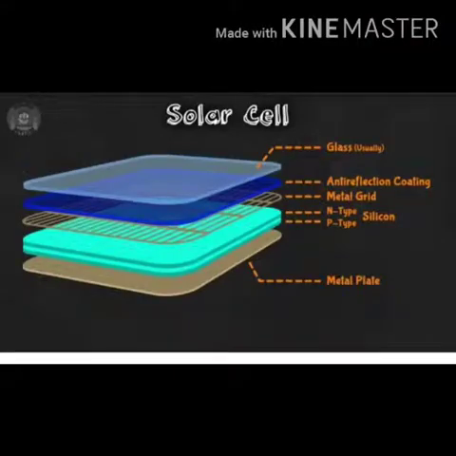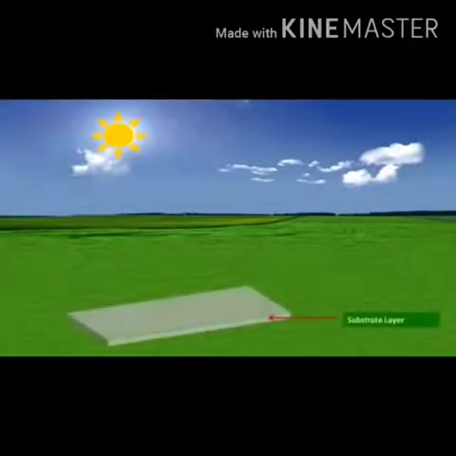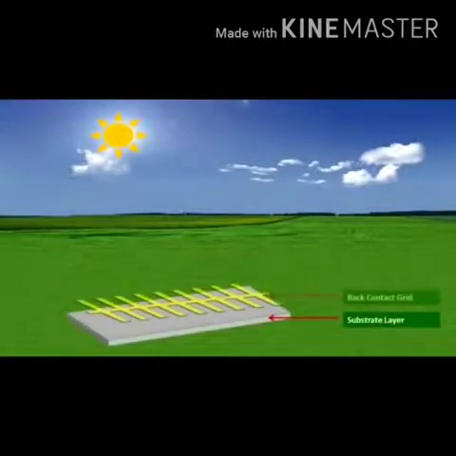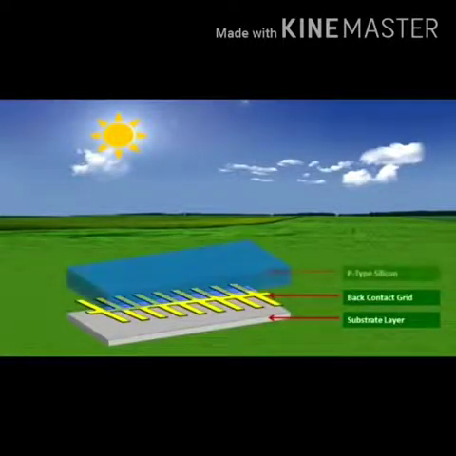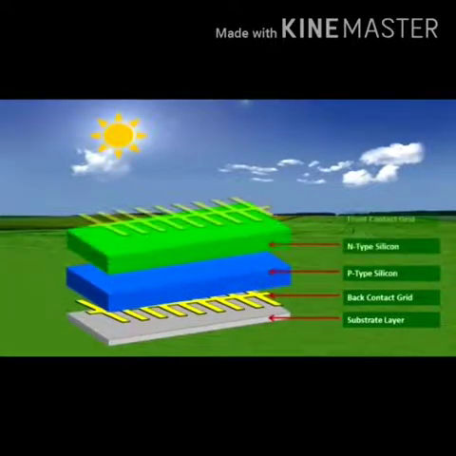The third one, solar cell. A solar cell, also known as a photovoltaic cell, converts light energy directly into electricity or electric potential difference by the photovoltaic effect. It is basically a PN junction which generates EMF when solar radiation falls on the PN junction. A solar cell is of two types, P-type and N-type. Both types use a combination of P-type and N-type silicon which together form the PN junction of the solar cell.